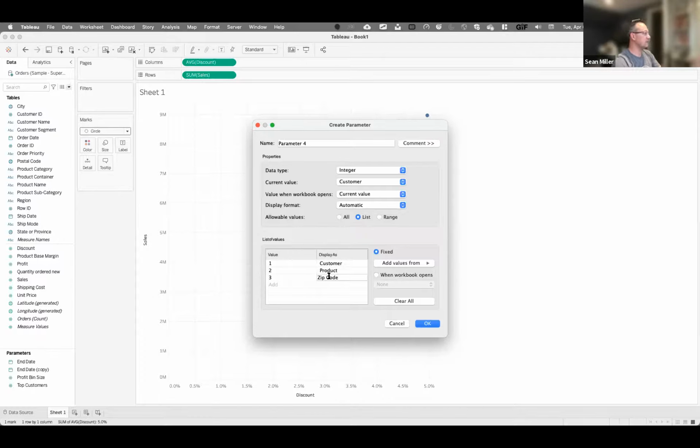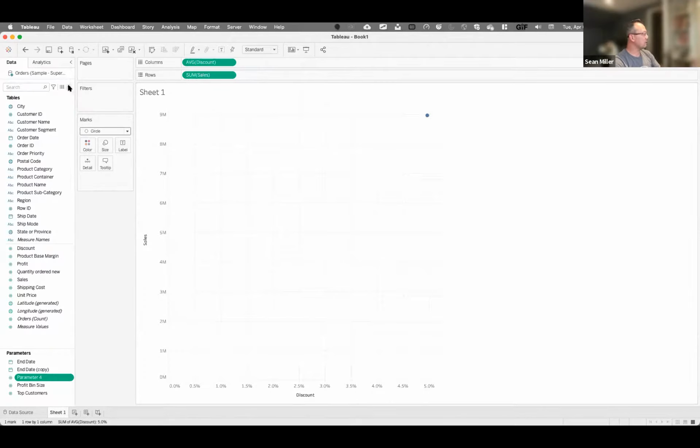Well, the reason I like to do this is because it makes it very easy to add additional things into your parameter and then into your calculations later. And you'll see why as we start building out this calculation. So there's my 3 values, and now I'm going to create a calculated field, and we're going to say this